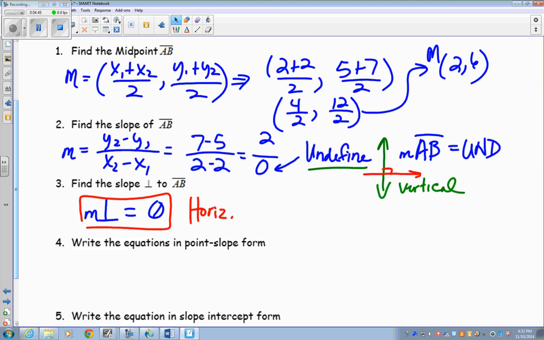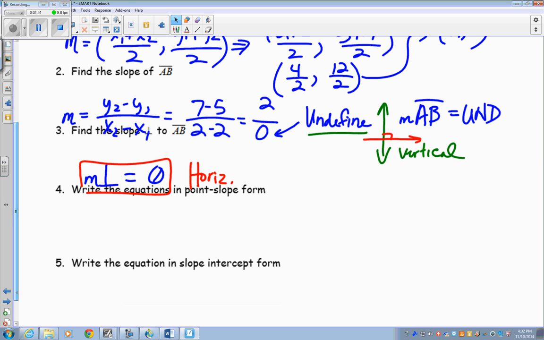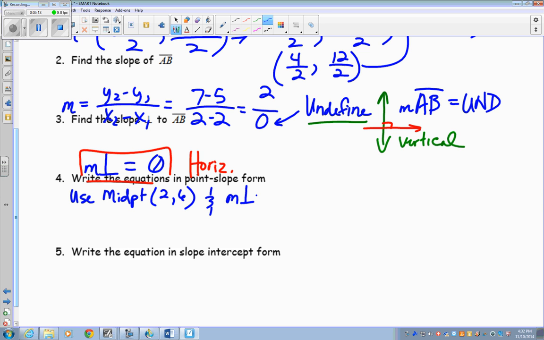So now we're going to use point slope form to write our equation. When we use the point slope form, your point would be the midpoint. And in our example, our midpoint was 2, 6. Yeah, midpoint was 2, 6. And then we're going to use the perpendicular slope, and our perpendicular slope was 0. So we're just going to plug it into our form, which is y minus y1 equals m parentheses x minus x1. So when I plug that in,